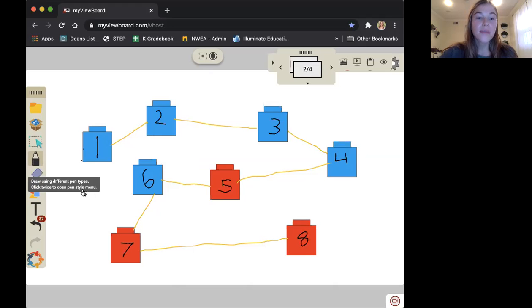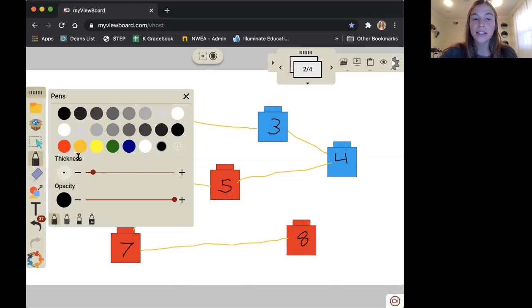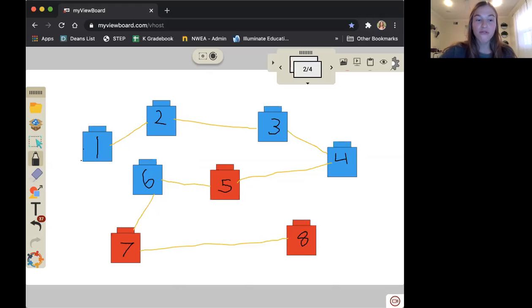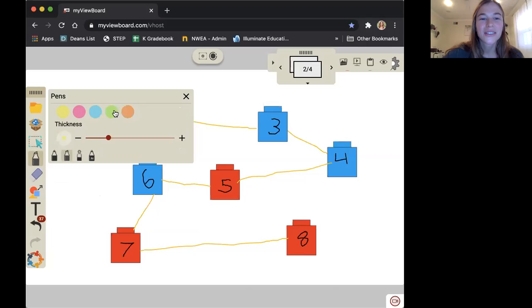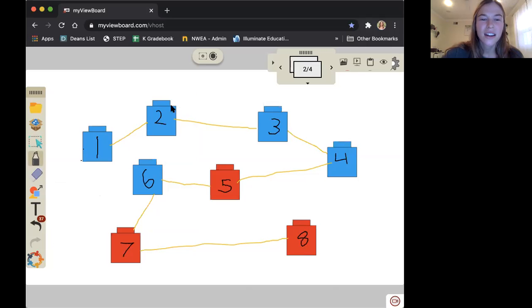Also, sometimes you can do it without stopping to label. So now I'm gonna follow that counting path again, but since I've already labeled, I'm just going to do the counting path. So watch me. I'll use green. So I go from 1, 2, 3,